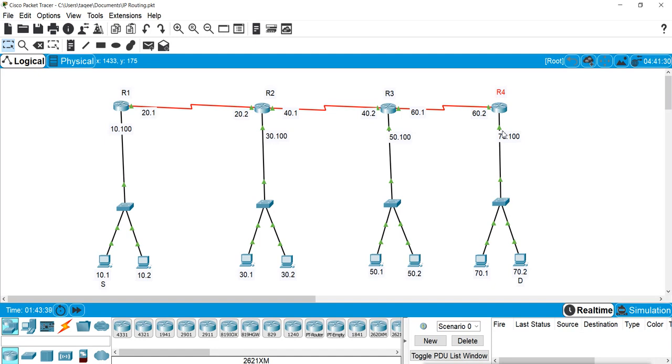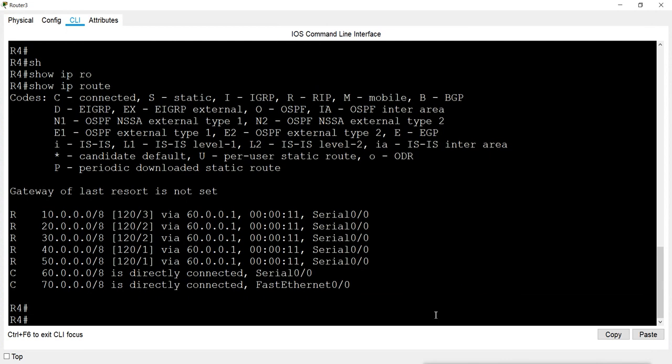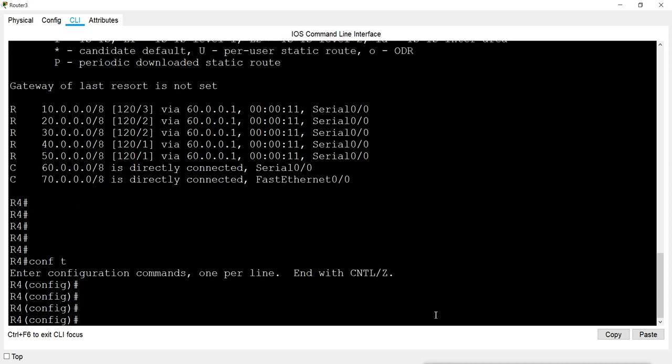So I will open this router and I will go to configure terminal. Now first I am going to create the numbered list. The named list I will show you next time. Now, numbered list and standard list. For creating the standard list, first you have to make sure of the sequence.